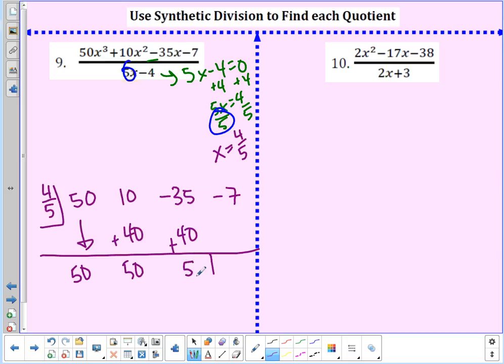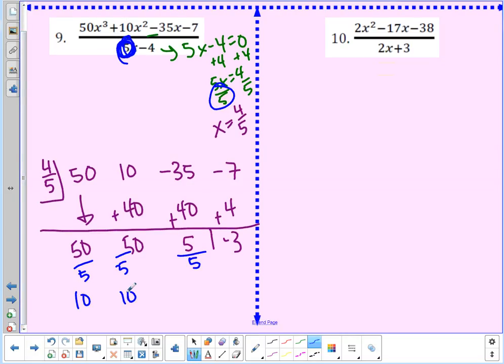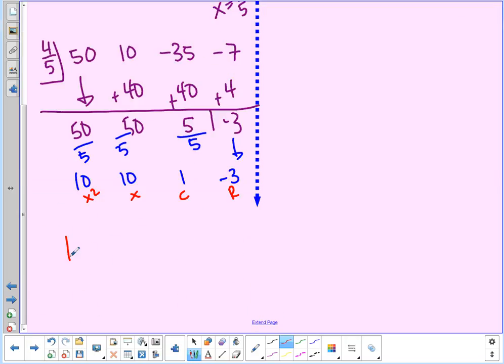4/5 of 5 is going to be 4. 5 divided by 5 is 1, and then you have 1 times 4, which is just 4. Add them up, and you have a negative 3. So I divided by a coefficient of 5 at the beginning. I have to divide these by a coefficient of 5 at the end. So when I do that, I have a 10, a 1, and my remainder stays the same. So this is remainder, constant, x squared, and my quotient looks like 10x squared plus 10x plus 1 minus 3